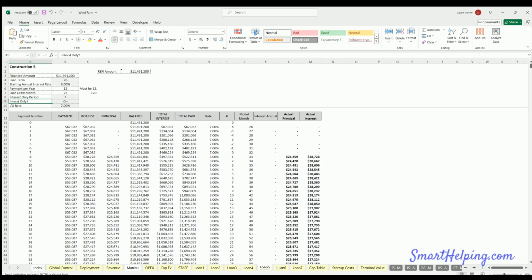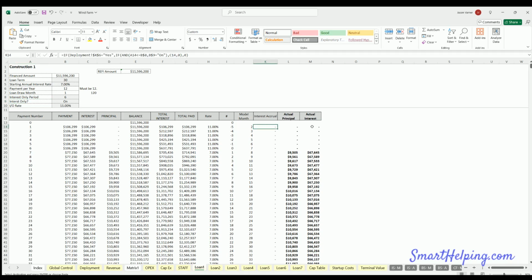And loans 6 and 7 are just regular operating loans, so those aren't subject to these intricacies. All right, now, oh yeah, interest. So we want this to show up if interest only is flicked on and accrual is off. So we're checking if it's on. Okay, do this. But before we do this string, we want to say if